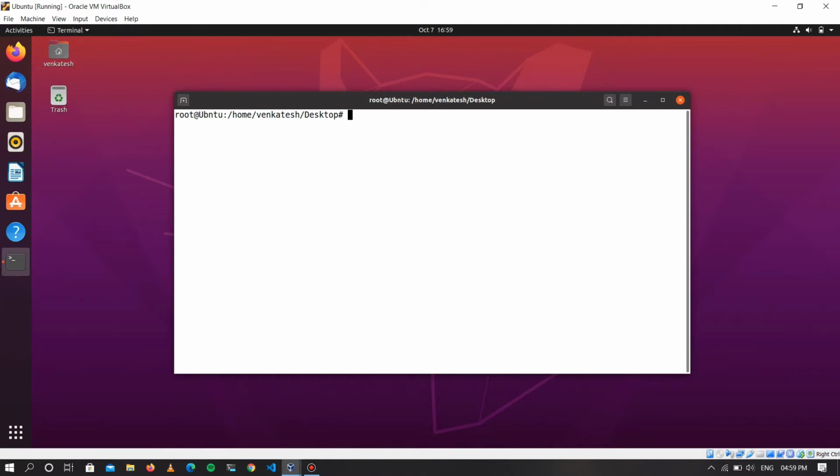For installing Docker, we need to run some commands so that it will install Docker in our system. Always check whether our system is updated or not. For the system update we have the command apt-get update. It will update our system repositories to the latest version.